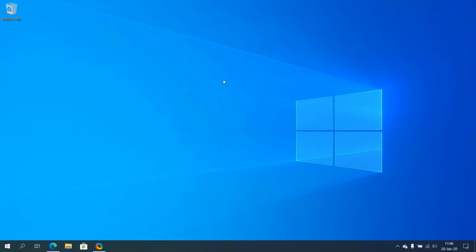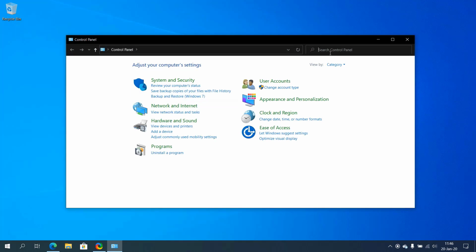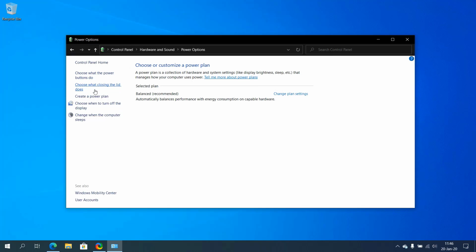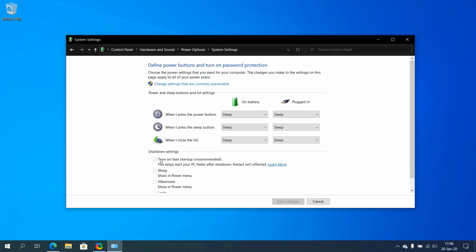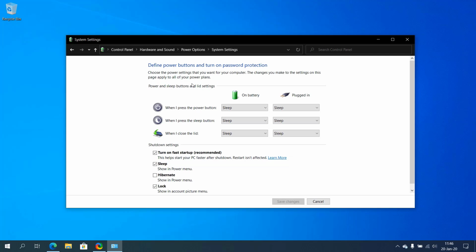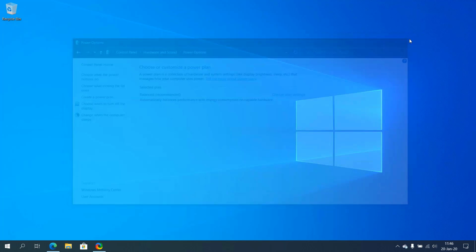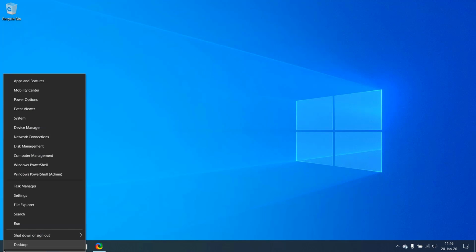And to disable fast startup, you'll go to the control panel and search for power options and click on power options here. And then click on choose what the power button does. The option to turn on or off fast startup is here, but it's grayed out. So we'll need to click here, change settings that are currently unavailable. Click the checkbox here to turn it off and then click Save Changes. There you go. So now that's done, we'll go to the disk management